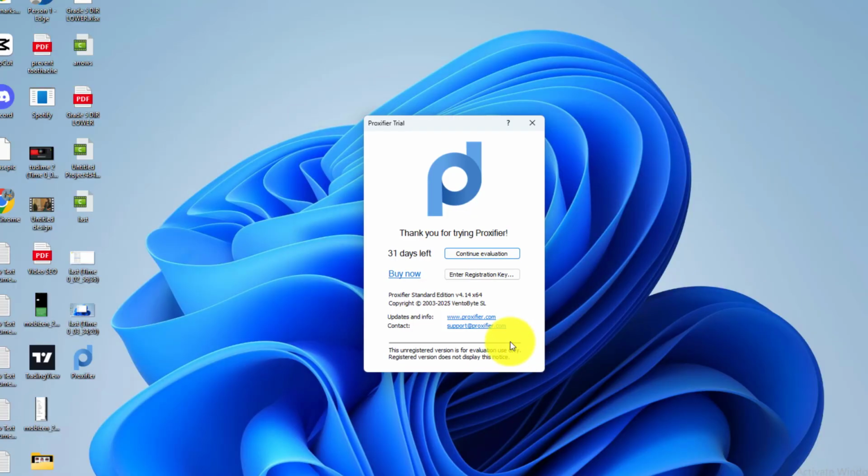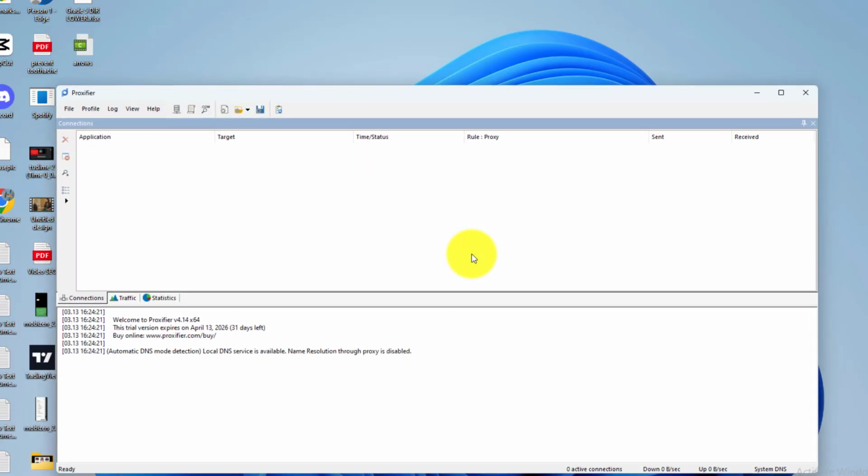After installation, you launch it or open it, so the application will open like this. And here you click on Continue next to 31 days left, so your Proxifier application will open like this. Right, so that's it. That's all for today's video. And this is how you can open and install Proxifier on your Windows 11 and